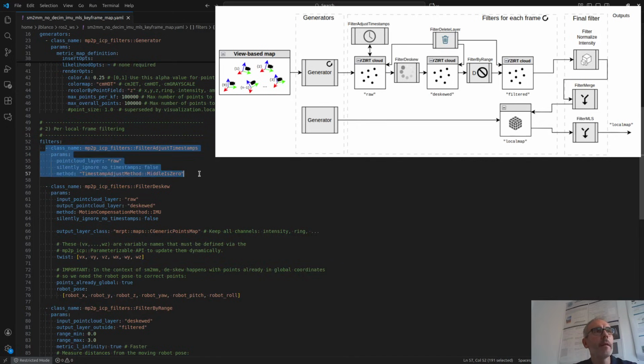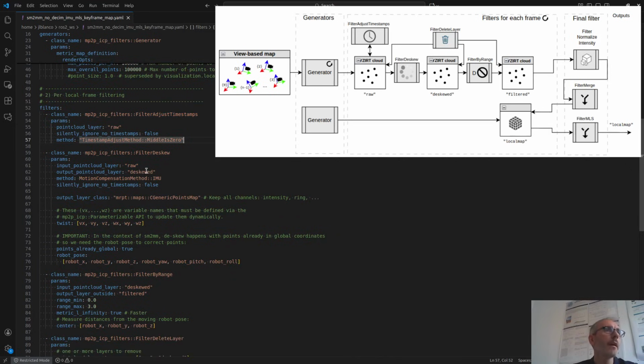This filter here adjusts the timestamp such that the middle is 0. You can use either the first point is 0 or the first one is minus 0.05, the middle one is 0, and the final one is plus 0.05 seconds. So this is what this filter is doing.